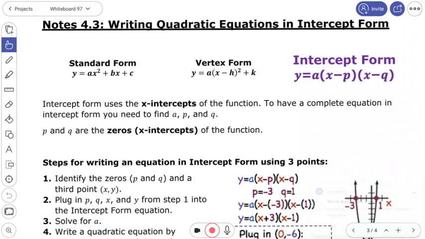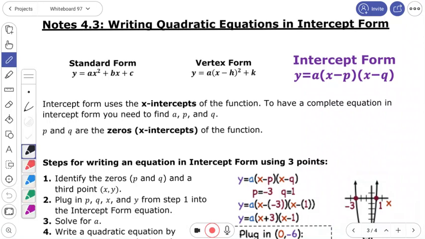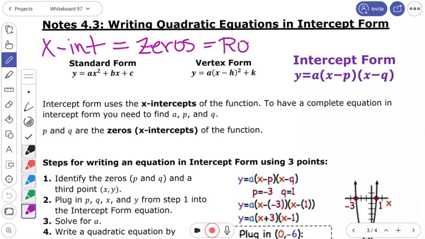All right, so this is where we're going to write quadratic equations in intercept form. And by intercept form, we mean x-intercepts. So it's important that you know x-intercepts can also be called zeros or roots or solutions. Those words are synonyms, okay? So all of those words can be used interchangeably. So it's important that you understand all four of those words and that you understand we're talking about x-intercepts when